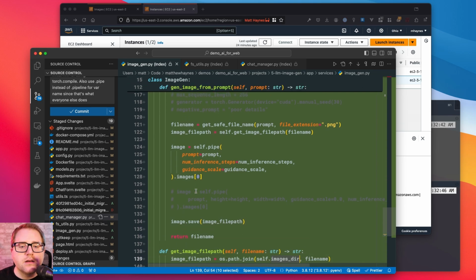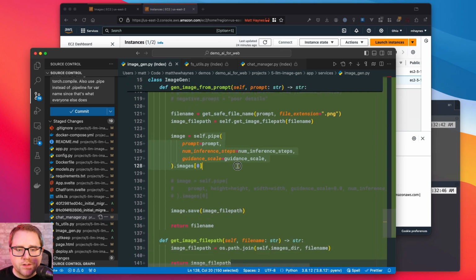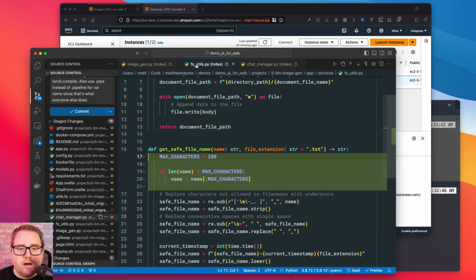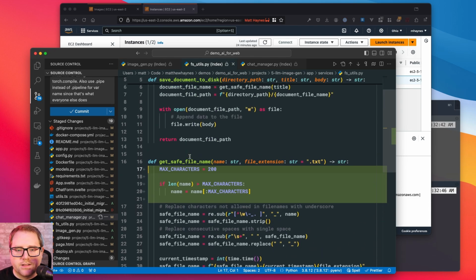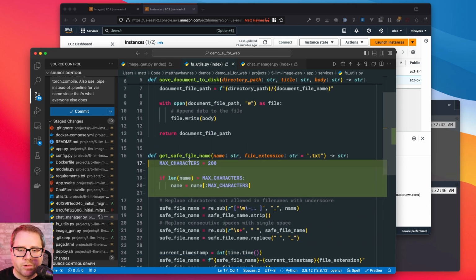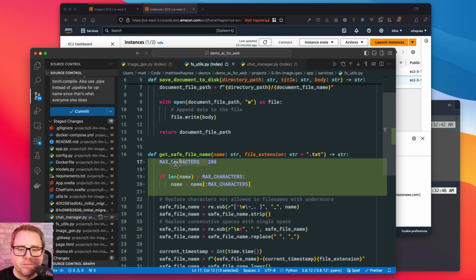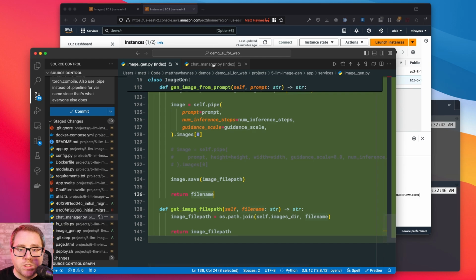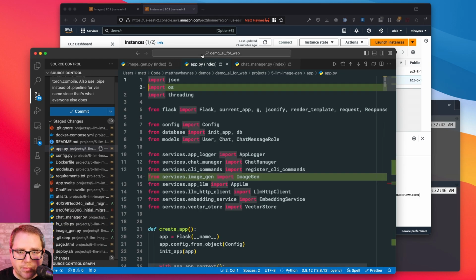And then we're going to use our pipeline to actually generate the image from the prompt. And then we'll just save that to the disk, and then we'll return the file name. And then yeah, you can see here, the only thing we had to change in fsutils when we're getting the file name is if it's above the max number of characters, then just truncate it. Which then if we go back to our app,